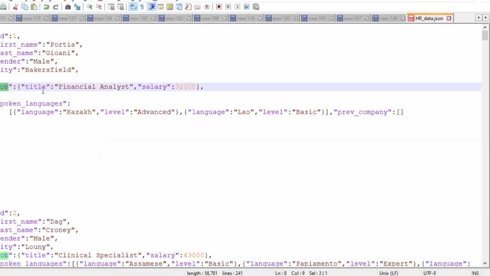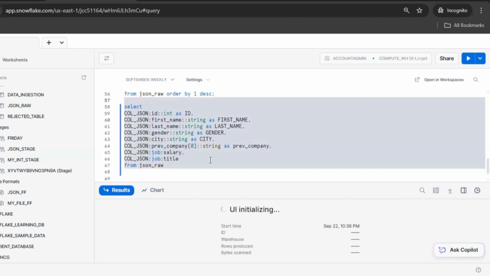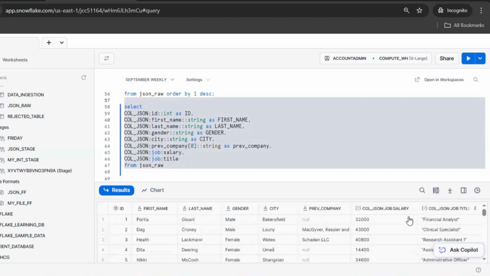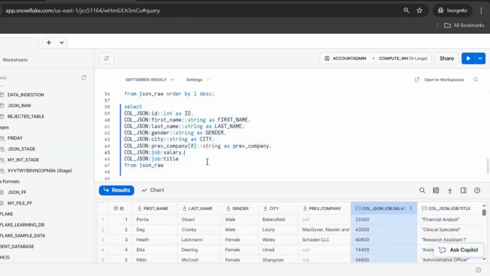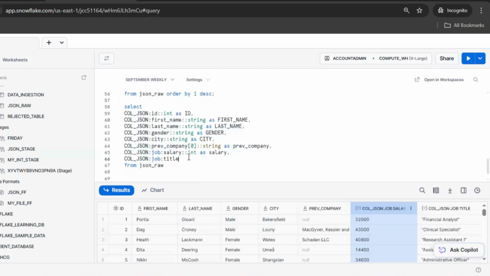What is the other column we have? We have ID, salary and title. So I'll just take title first. I'll just remove the comma and I'll just ask for it. So here we can see that we have got the two columns, that is title and salary. Let's format them in a proper shape. Let's convert this into int, call this as salary, and let's convert this into string